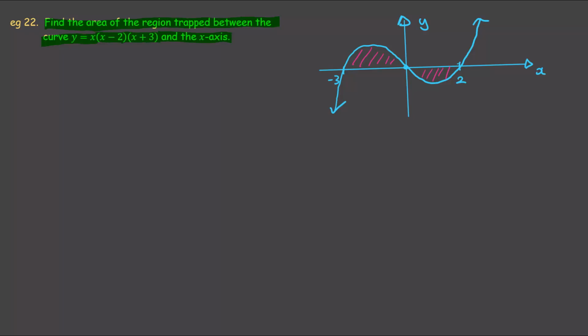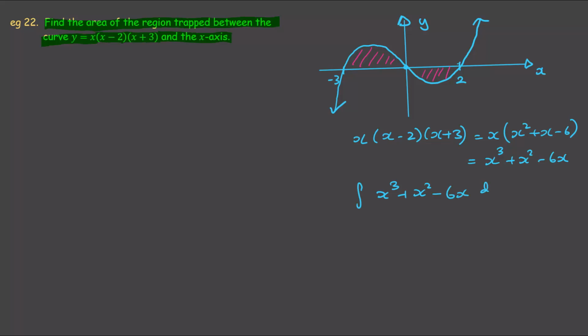First of all, let's expand this thing out. So we've got x(x minus 2)(x plus 3). That's going to give us x into x squared plus x take away 6, which is x cubed plus x squared minus 6x. And if we integrate that, x cubed plus x squared minus 6x, then we get x